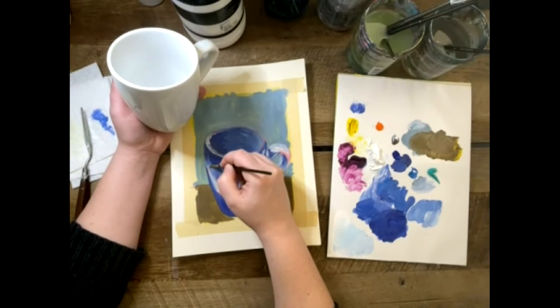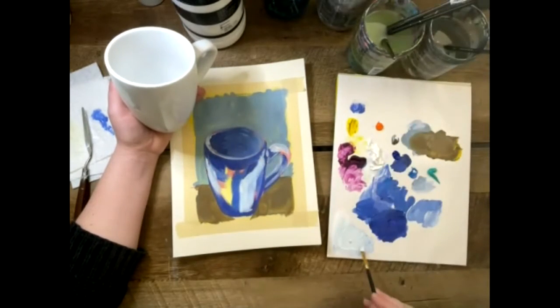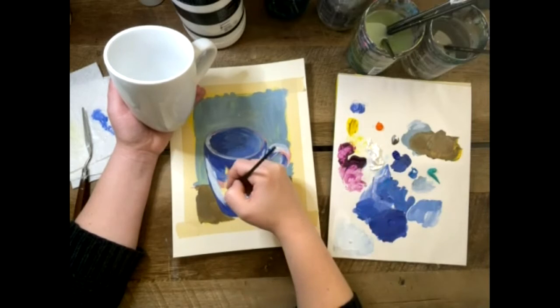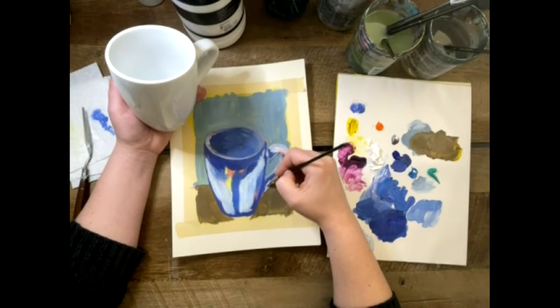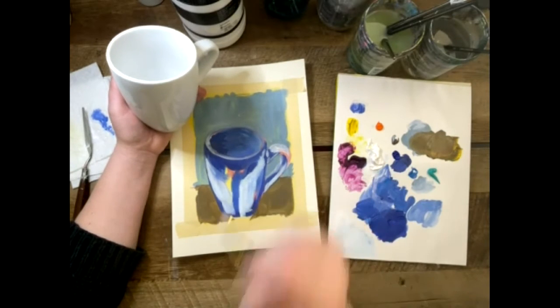Remember, you can kind of squint too if you're having trouble differentiating some of the values from other ones. You can kind of squint, and that will help a little bit. And when you're painting from direct observation, in my opinion, the value is more important than the specific color. And that's how I think it's easier to change colors of things, because you can make things any color you want or make them bolder than how you actually see it or more playful or whatever you want to do. But it's the value that you're really looking at. And so squinting kind of helps,